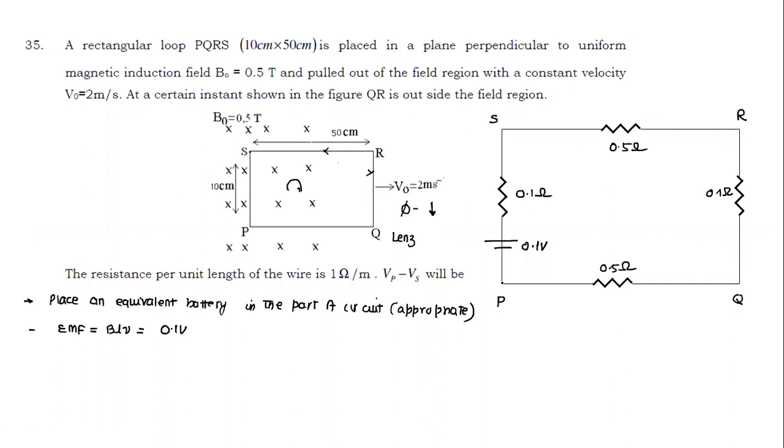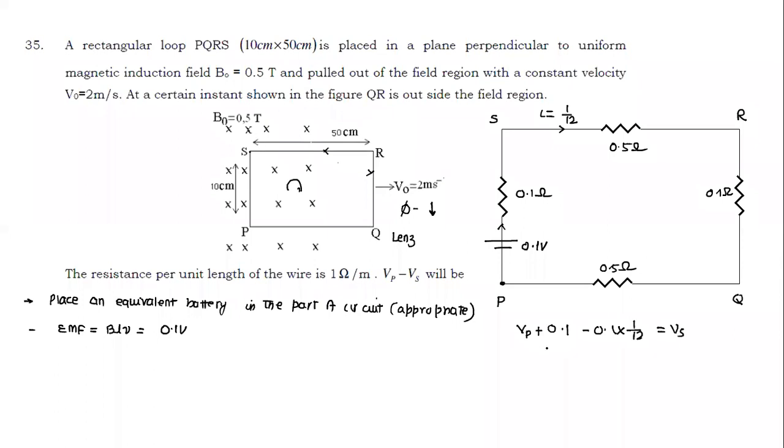So we'll move from starting point P, we'll go up to S. We start from P, we write VP, plus from here as you go, increase in potential, 0.1, and this is the direction of current. Since I'm moving along the direction of current, I didn't write the current value. What is the current value? Current value is I equal to EMF by R, which comes equal to 1 by 12. So minus 0.1 into 1 by 12 is equal to Vs.